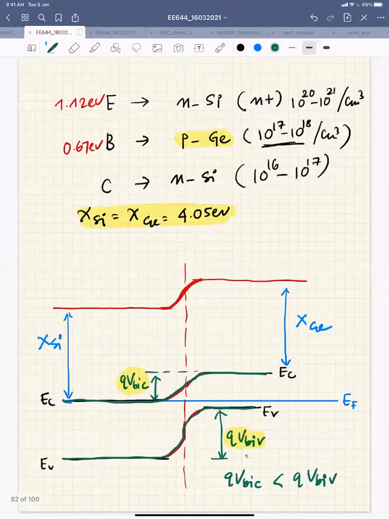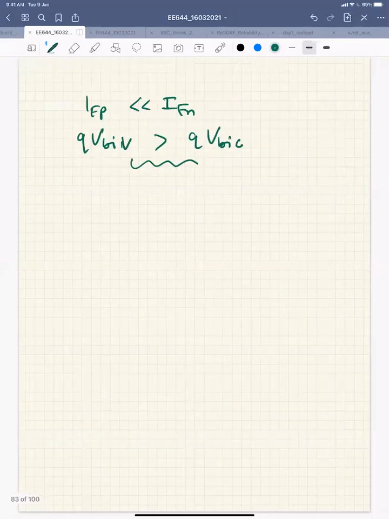Okay, now the advantage of this. If you look at the advantage, we have done two things. We have reduced IP because of this band gap difference, or the barrier difference. We have reduced IP. But now the electrons injected from E to B